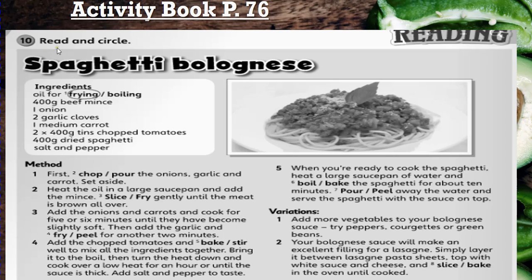What are you going to do? You are going to read and circle. So circle the correct answer. Number 1 here is done for you. Oil is for frying. Of course, you don't boil with oil. Boiling is with water. And then we have slice and fry. I want you to read